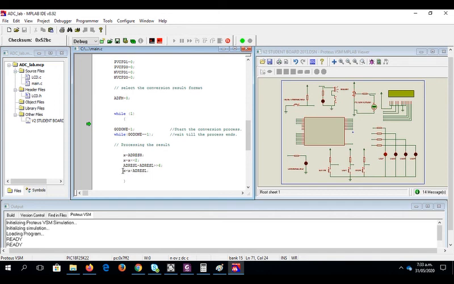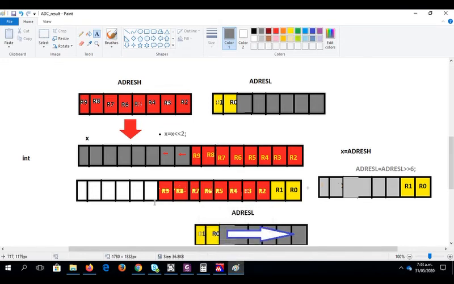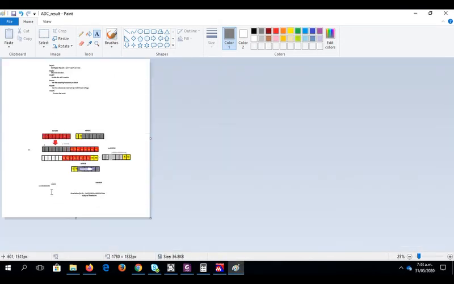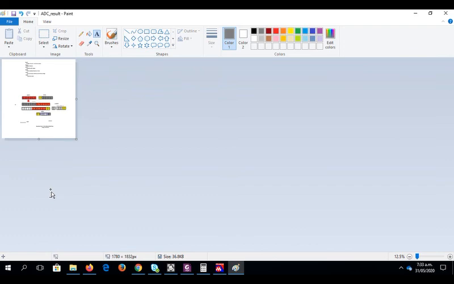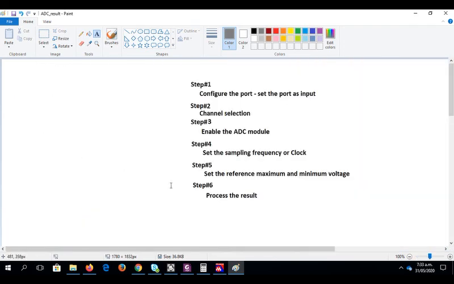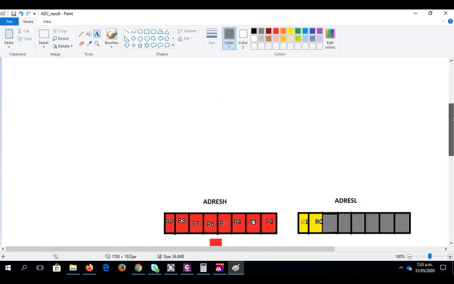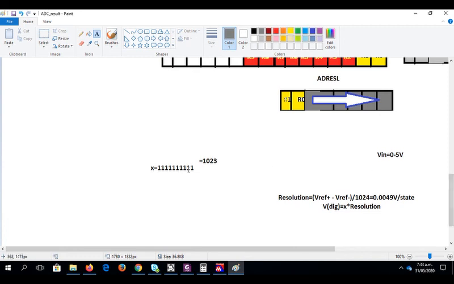Now this is still a code. That code is representing one of the 1023 levels. So this code will be simply one of these codes. It can vary to any value. Now if I draw